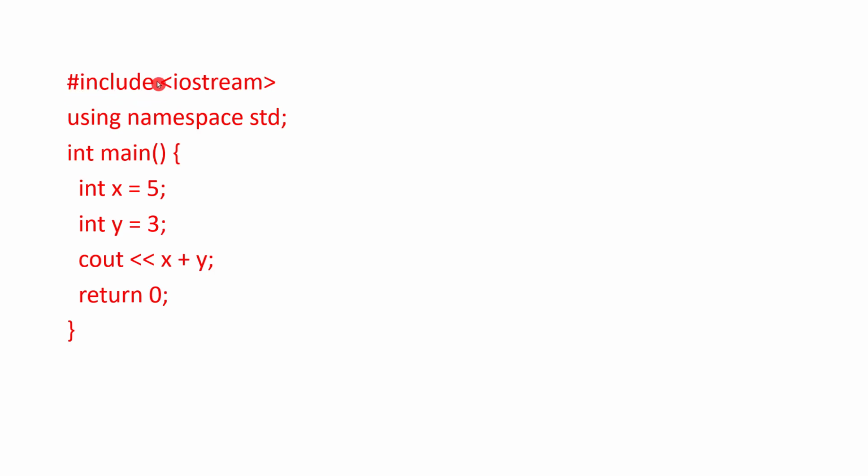Then after that a white space is there. So we already learned that even a white space has some meaning in C++. So very clear, hash include is written together with no spaces in between. Space, then the arrow, iostream, the short form, then close. There is no semicolon for the first line. Then using namespace std, we have learned why this namespace std is provided. Otherwise, we have to give std double colons for all the cout and cin operations. So we are defining this general using space namespace space std, then semicolon.